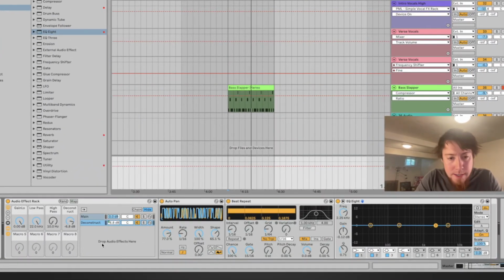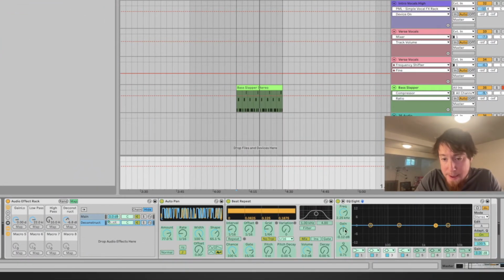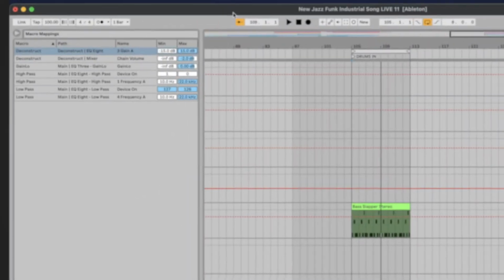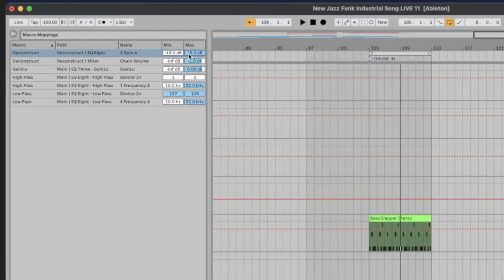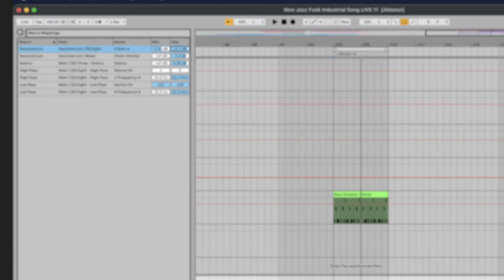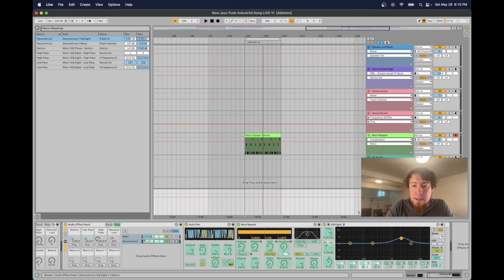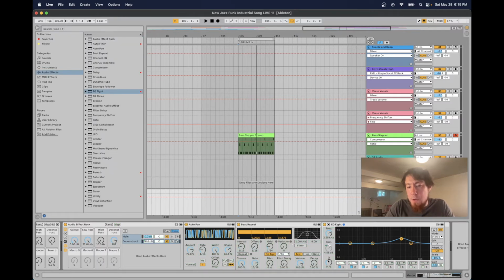Third node, hit map. We're going to map the gain of that third node. Boom. So by default, -15, +15, that's the whole range. We don't want that. So the minimum is going to be 0, and the max is going to be a little below 6 here, 5.39. Okay, uncheck map. I'm also going to lower the Q of this node so I can get a little more range of frequency